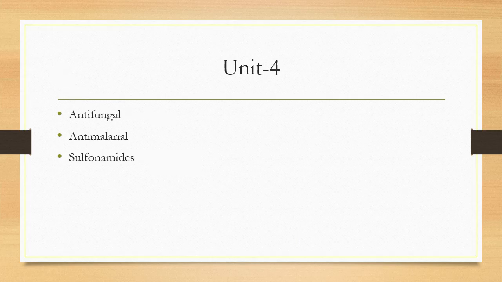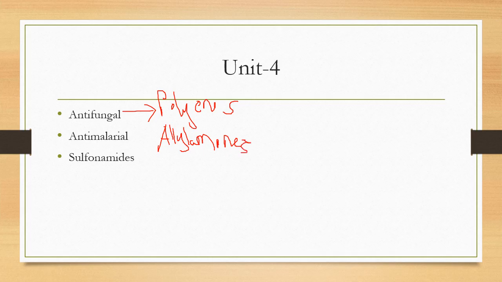Next is unit number 4, wherein there are three categories of drugs that are important, that is antifungal, anti-malarial, and sulfonamides. In antifungal, basically the most important classes are polyenes, allylamines, and azoles. These are the most common categories that are used as antifungals, and the most commonly used are azoles. The azoles are further divided into two types, that is imidazole and triazole. The imidazole category basically consists of ketoconazole as an important drug, while the triazole consists of